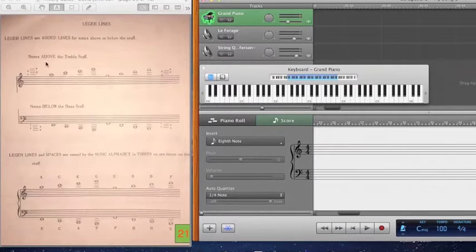As you can see here, notes above the treble staff have lines that extend up like this. And below the bass staff, you have lines that extend down, just extensions of those same lines, still spelling the exact same way: space, line, space, line, space, line, space. Only difference is,